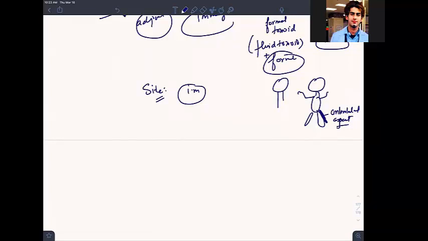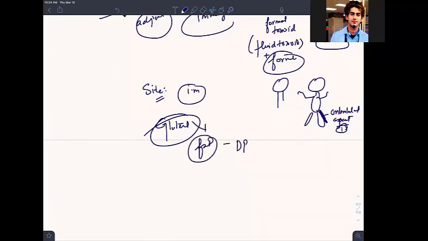Why? Because of the anterolateral aspect of the thigh. You know why we are not giving it in the gluteus maximus, the gluteal region? We usually give IMs in the gluteal region. Why not right now? Because there is a beautiful concept. We don't prefer it actually. You can give it, but the gluteal region is not preferred. Why? Because there is fat, and fat may inhibit DPT absorption. So we are giving it in the anterolateral thigh. Are we able to understand?